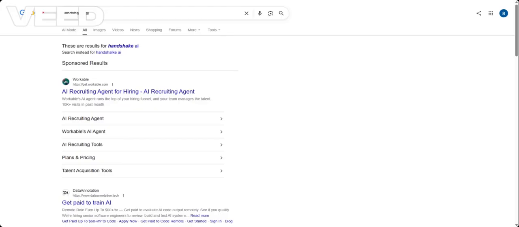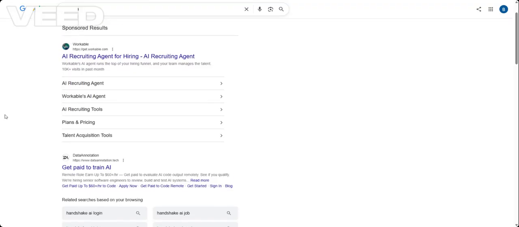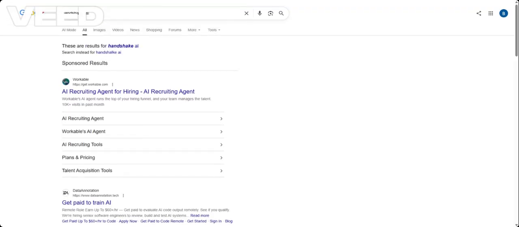So I have received many requests from people asking me to guide them on how to create a Handshake AI account. Today I'm going to show you exactly how the process works and how you can easily create a Handshake account and start bidding for work and working. You will earn a good pay from this account.